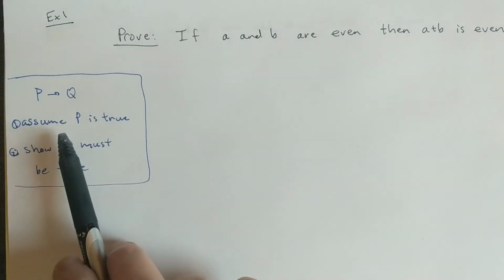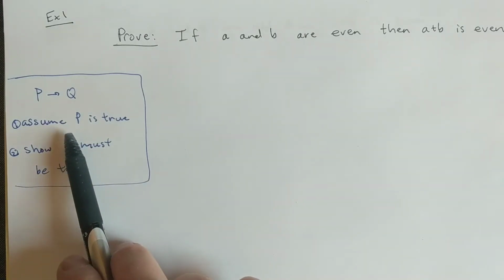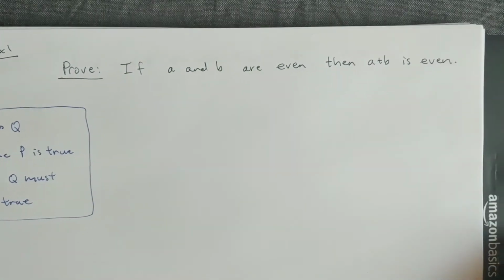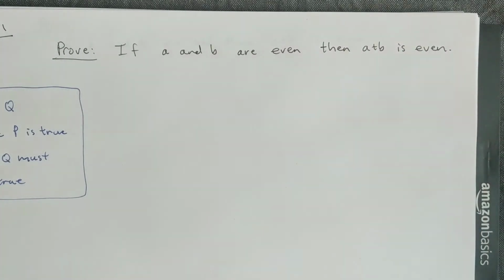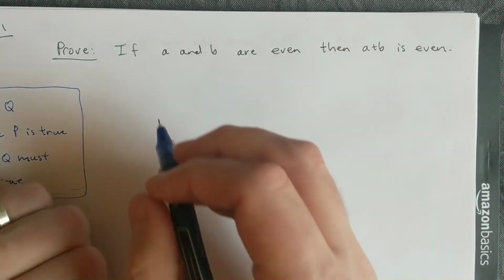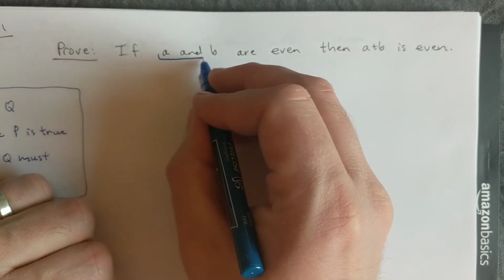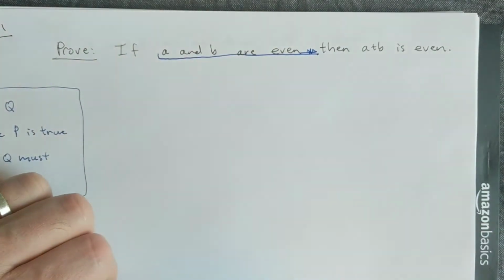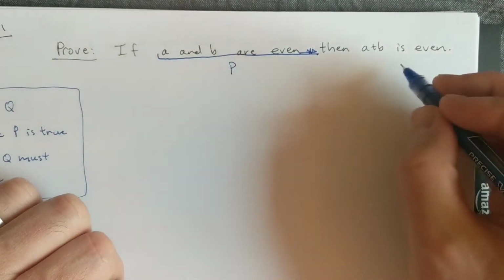Remember, the technique here is to assume P is true, and then we're going to show that Q must be true whenever P is true. And so let's go back to our statement and identify P and Q here. Remember, P is the first part, the part after if but before then. So here's P, and then Q